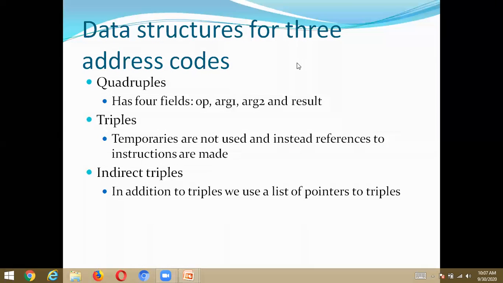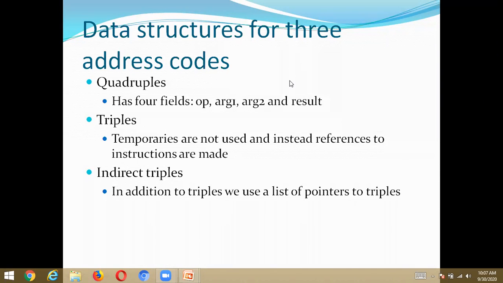Explain about the implementation of the 3 address code. The same thing that you need to write as an answer. That is explaining quadruples with an example, triples with an example, and indirect triples with an example. Then that comes under the implementation of a 3 address code. What it means is the 3 address code is an abstract form of the intermediate code that can be implemented as a record with the address fields. And here there are 3 representations used for the 3 address codes, such as quadruples, triples, and indirect triples.